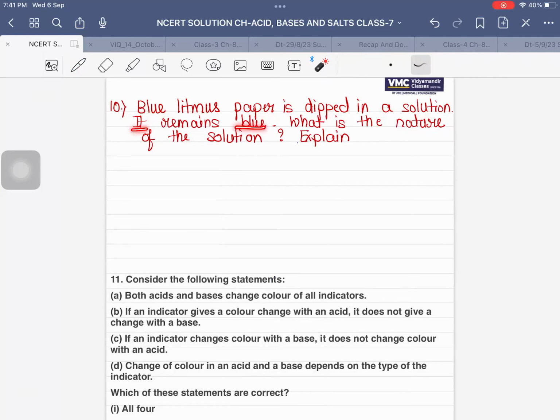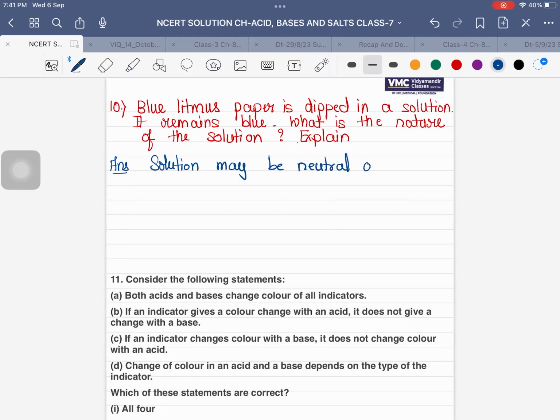It remains blue. What is the nature of solution? Explain. So as the color remains blue, the solution may be neutral or basic in nature,